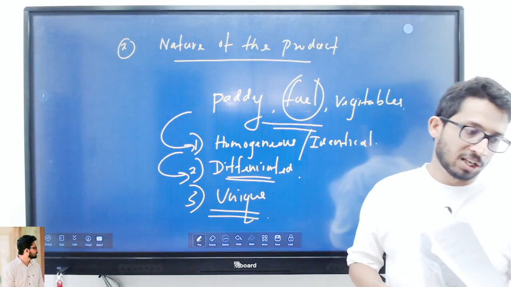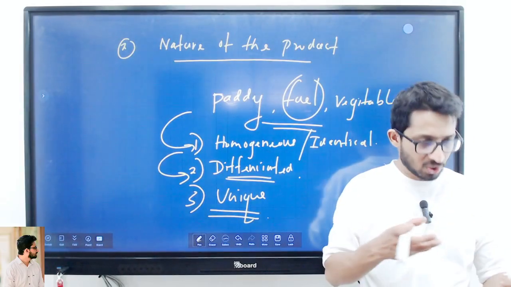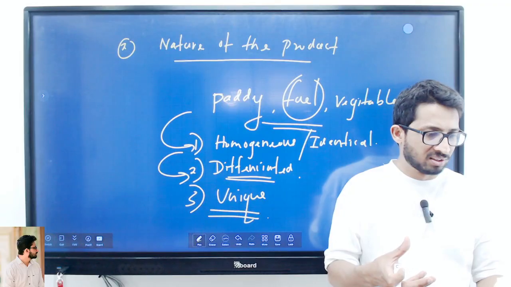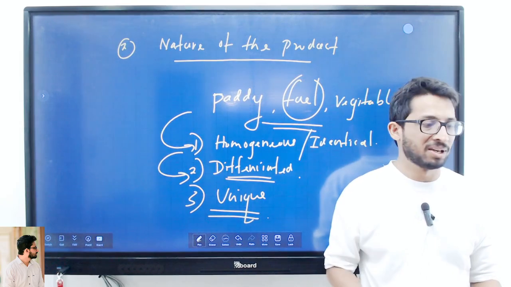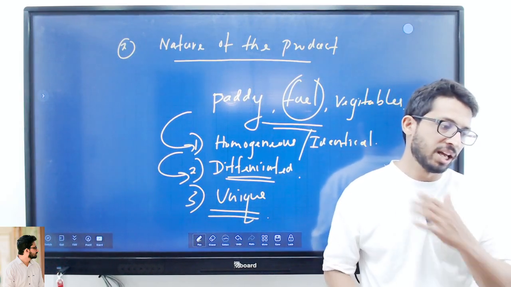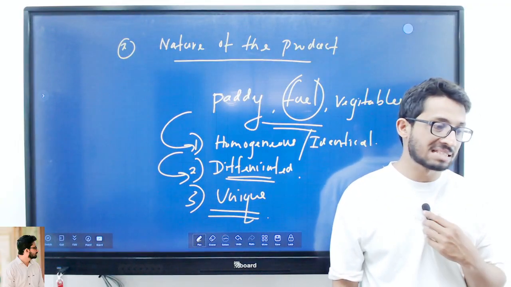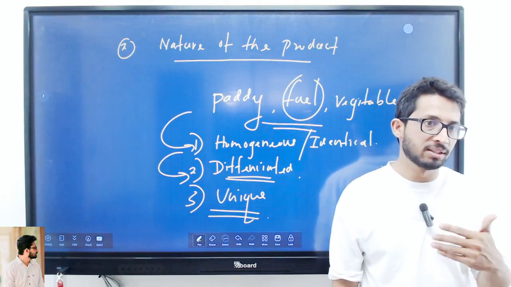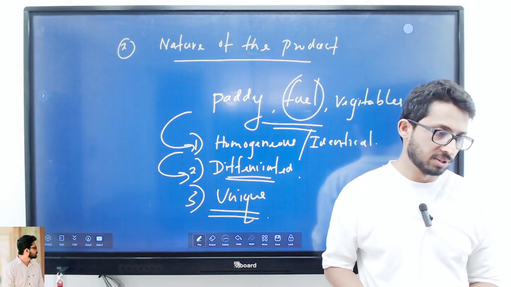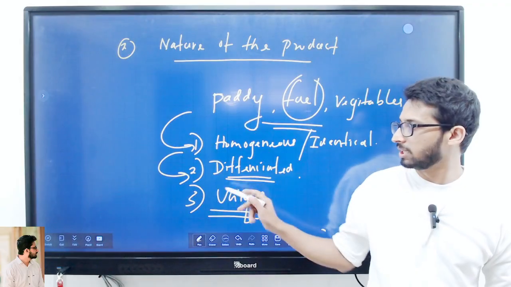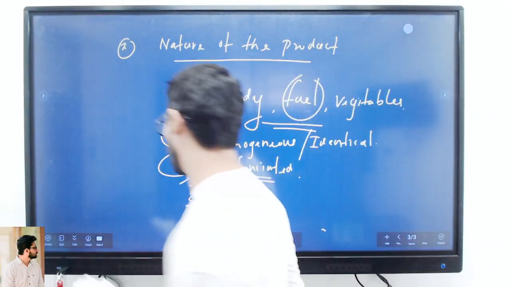In the toothpaste market, if you don't like Signal, you can move to Clogard. Those are close substitutes, right? Even though the price might be different and the color might be different, it's the same. Clear? So remember the nature of the product: what type of product the firms in the industry are selling to consumers. There are three types of products: homogeneous, differentiated, and unique. Right. If you want to write this down,